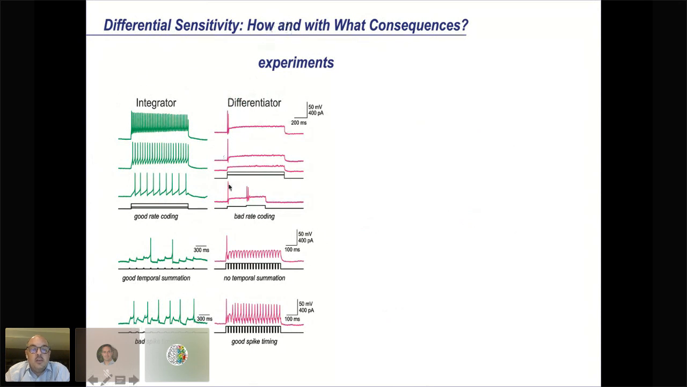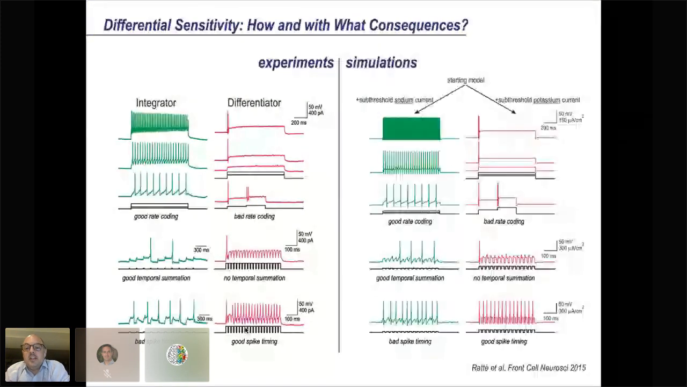That's in contrast to the coincidence detector, which is very bad at rate coding. It really has no sustained rate and is bad at temporal summation. But for the same reason it's bad at temporal summation, it's very good in terms of its spike timing. We can understand how that might arise simply by doing some simple simulations. We start off with the same conductance-based model neuron, but we can reproduce all of the integrator traits by adding a subthreshold inward current, a sodium current, or maybe a calcium current that starts to activate at voltages just below voltage threshold. On the other hand, we can reproduce the coincidence detector traits by adding a subthreshold outward current or